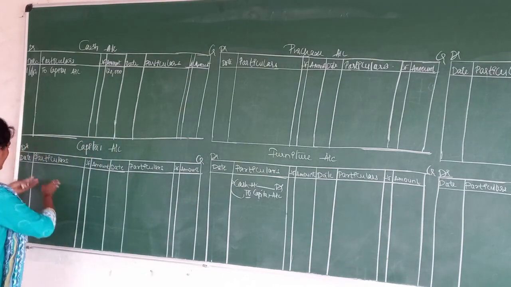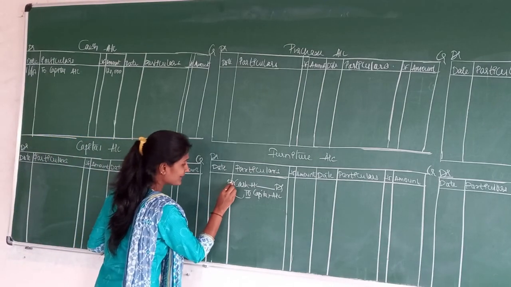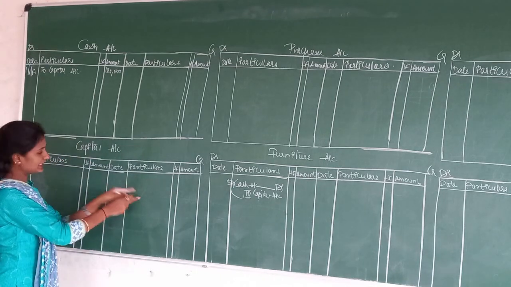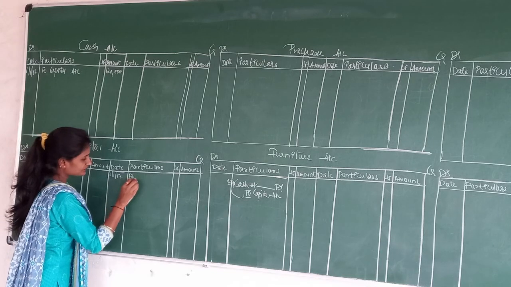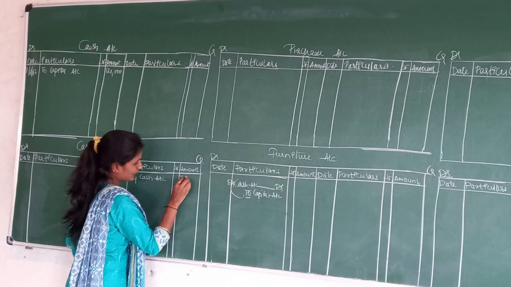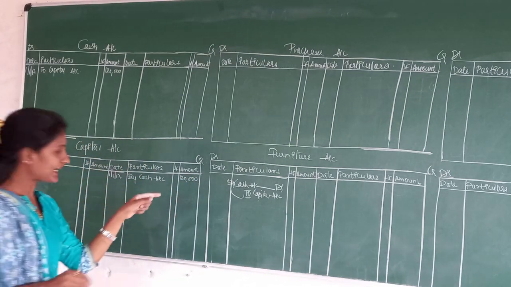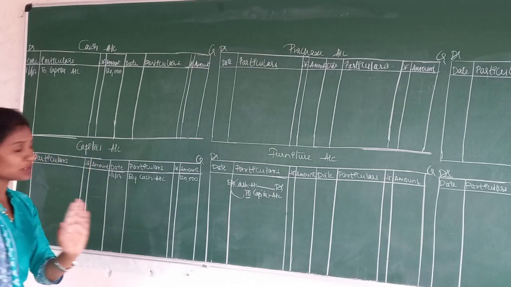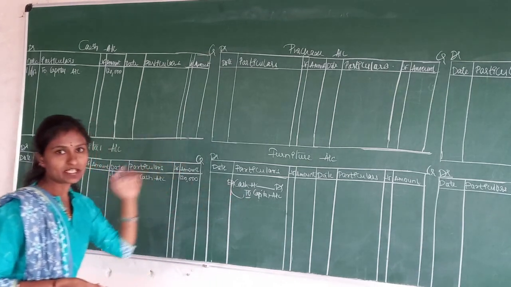Whether we will write this particulars or this particulars? Yes, this indicates buy, but we won't write it, though we know it is an indication of buy. So buy means we need to write here the same date, that is 1/1/2017 by cash account, 1,20,000. So this is the first journal entry. In cash, write capital amount, and in capital account write cash account. But the thing you need to notice here is whether we need to write the two side or the by side.